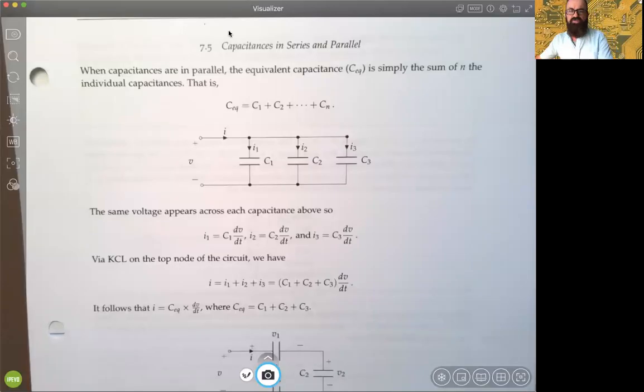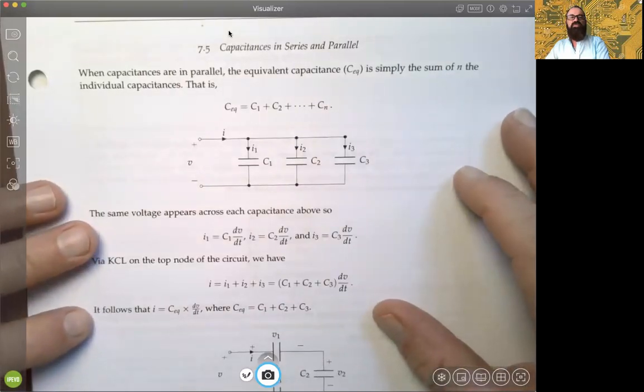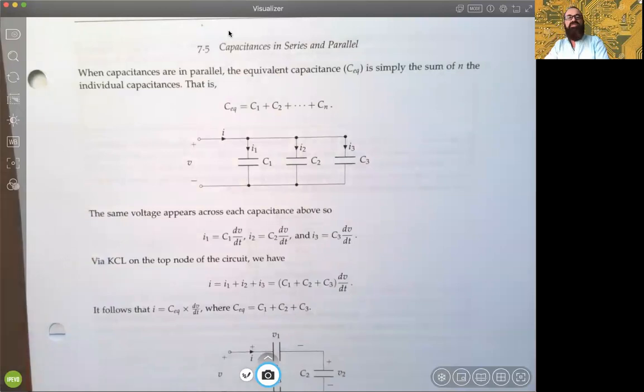In the next three sections of Chapter 7 in our ECE 301 workbook, we're going to concern ourselves with capacitance in series and parallel, talk a little bit about their physical characteristics, and then how they're used in practice. So at the top of page 87, we have section 5 of Chapter 7 on how capacitance in series and